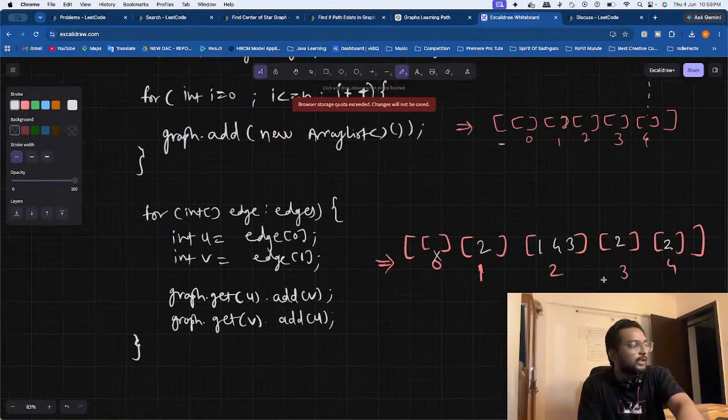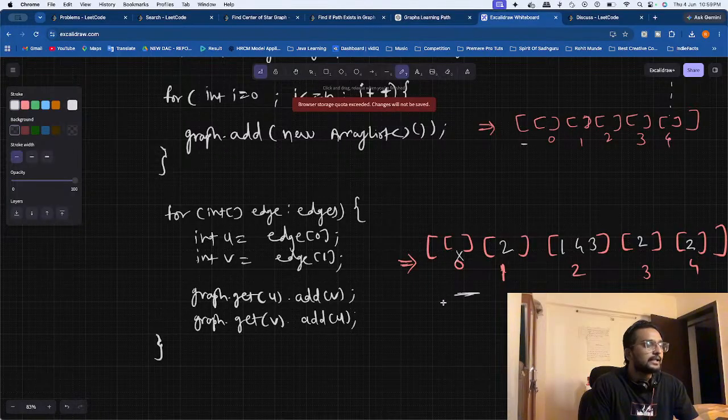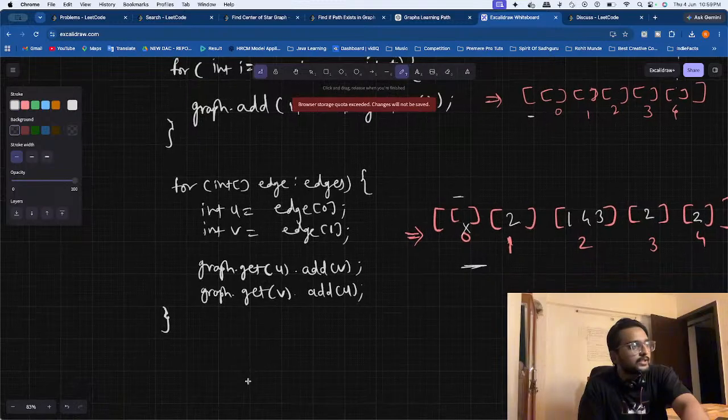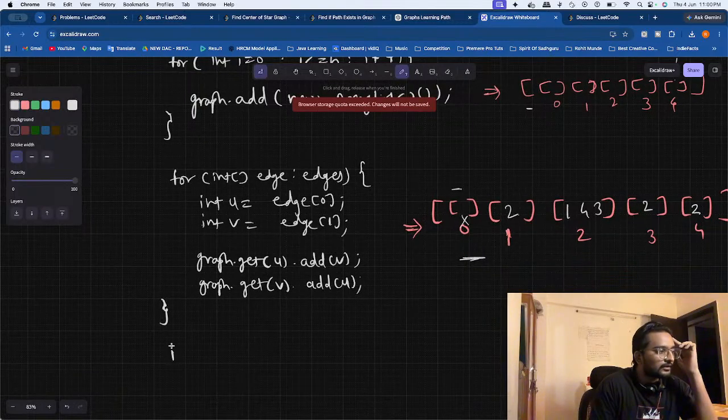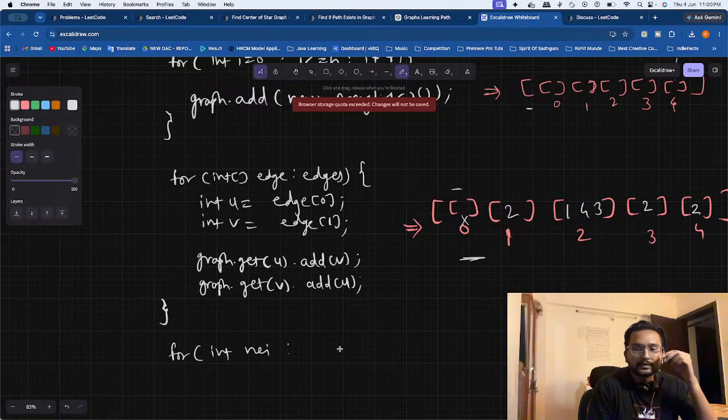Okay, now that we got the filled array, I just have to iterate on this one. For iterating this one, that neighbor for loop that we learnt, we can use that, int neighbor on